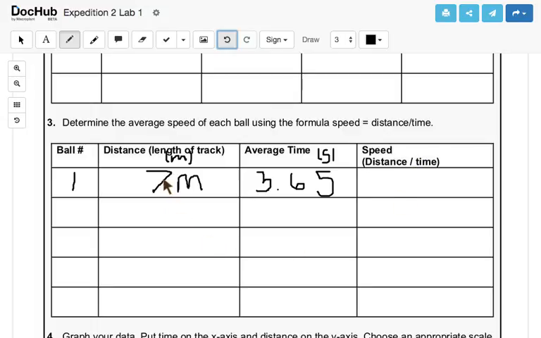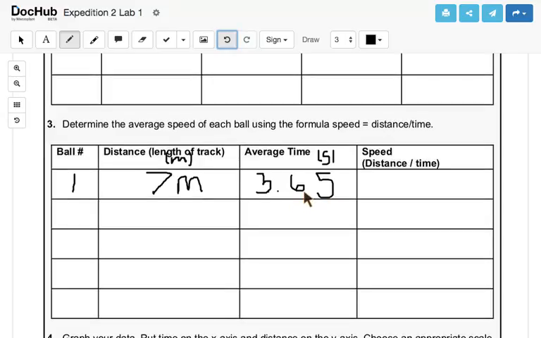So the distance it traveled is 7 meters. You need to divide that by the time, which is 3.65. When you do that, you're going to get an answer that is going to be in meters per second. All right. Now, there's the units. Because it is a derived unit, you can see that it's taking distance in meters and it's per unit of time in seconds. So when you take 7 divided by 3.65,